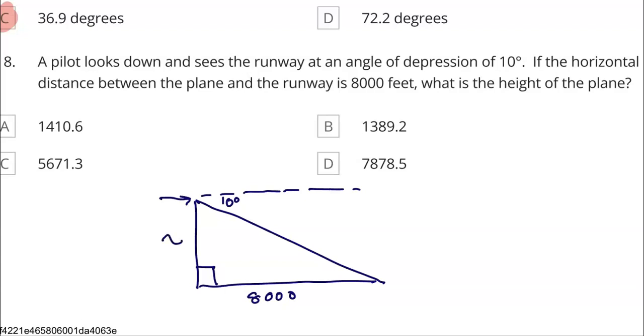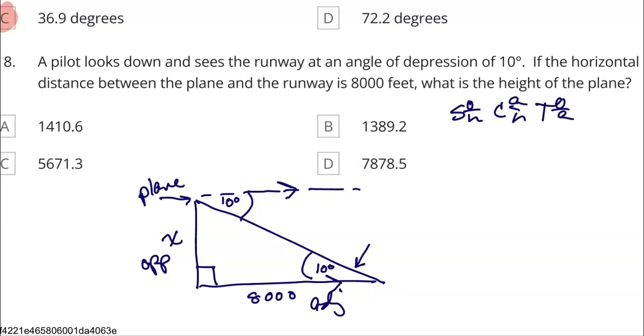So we need to find the height of the plane, because the plane is up here, which is x. Remember, this line of sight is parallel to the ground. This hypotenuse is acting like a transversal. Therefore, the angle of depression equals the angle of elevation. That lets me put the 10 degrees inside the triangle. So from the 10 degrees perspective, this is the opposite and this is the adjacent. So SOHCAHTOA